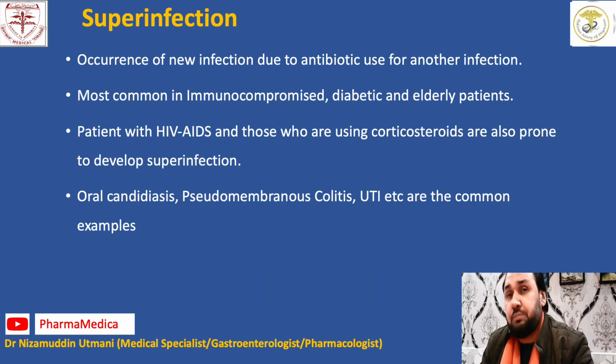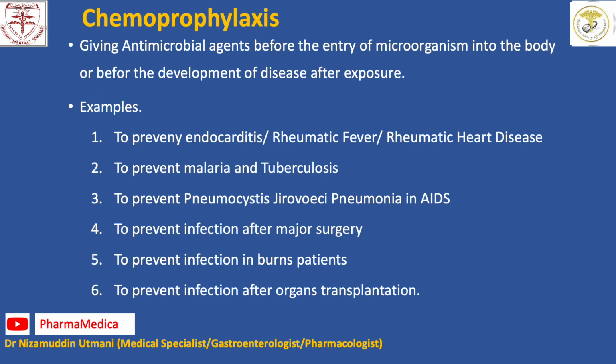For infection, this is another very important term. When you are using one antibiotic for a certain disease and you get another infection, we call that a superinfection. Like suppose if you have got pharyngitis, or you have got enteric fever, and you are using an antibiotic, and with the use of the antibiotic you develop either oral thrush or some other infection, we can say that the